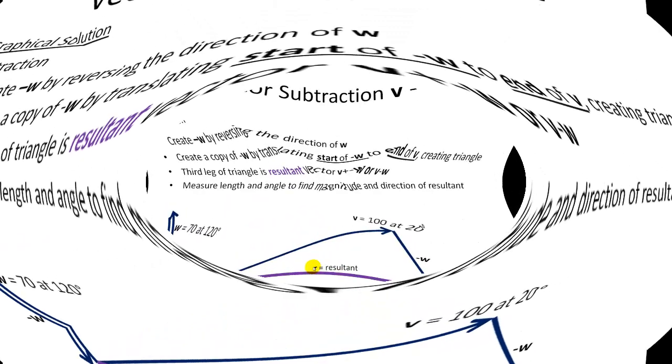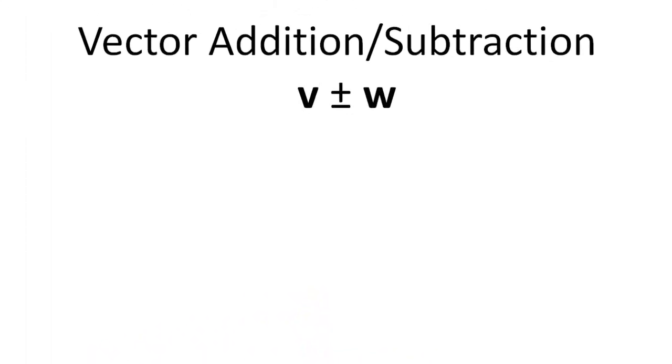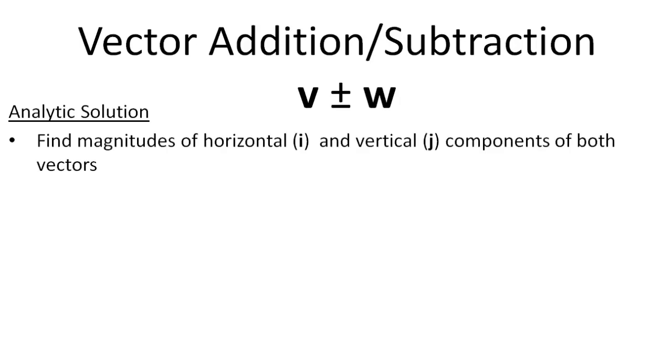If we want to do it analytically, and this works for addition or subtraction, first we have to find the magnitudes of the horizontal and vertical components of both vectors v and w. Both the vectors we're adding or subtracting. And you'll recall that i is a unit vector, a vector with magnitude 1 in the direction of 0 degrees, or in our system, the positive x-axis. j is a vertical unit vector with a magnitude of 1 and a direction of positive 90 degrees, straight up in the vertical direction. So we have to find those horizontal and vertical components of the two vectors, and then